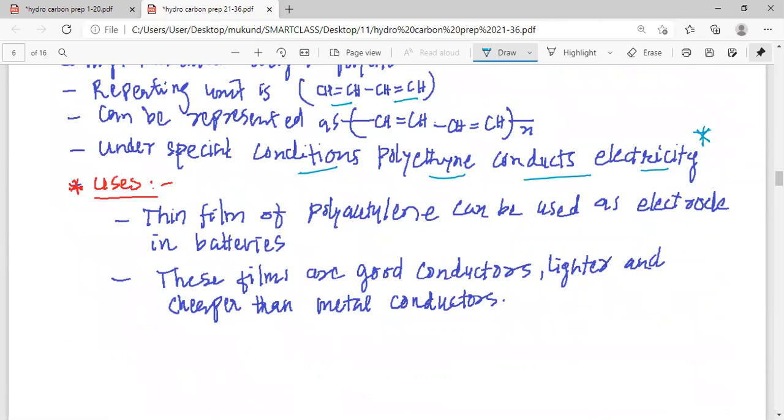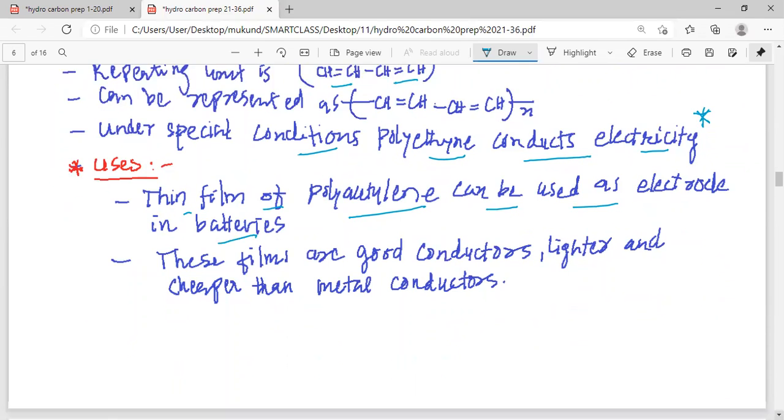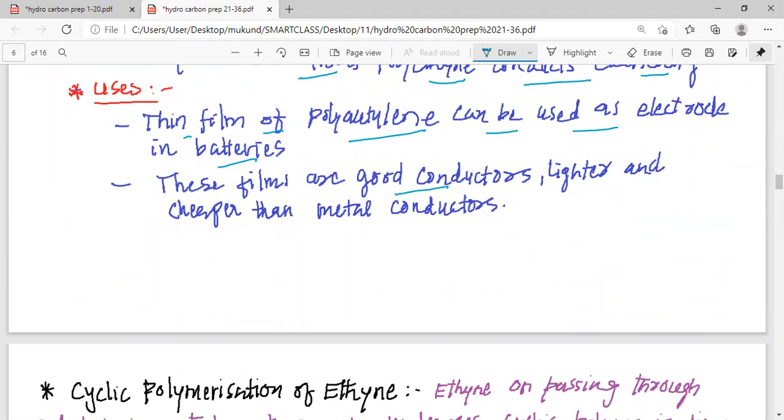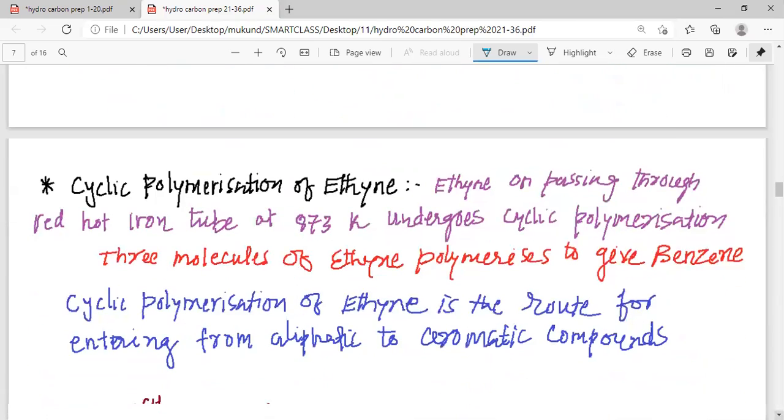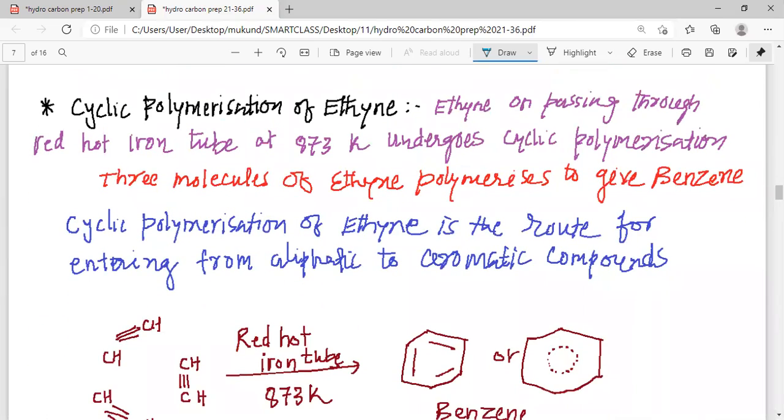As polyacetylene can conduct electricity, the thin film of polyacetylene can be used as an electrode in batteries. These films are good conductors of heat and electricity. They are lighter and cheaper than the metal conductors. So please remember that this is how we can study the uses of polyacetylene. In special conditions, it can conduct electricity, and that is why it can be used as an electrode in batteries, and these are cheaper than metals, but they are a good conductor of